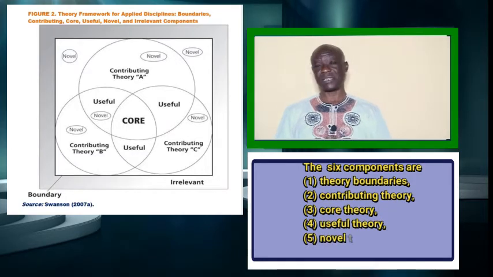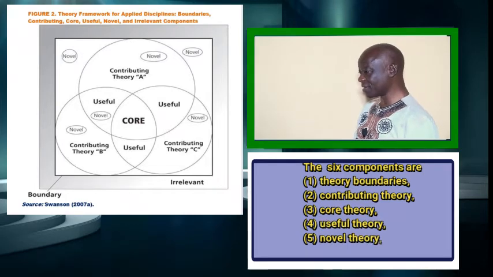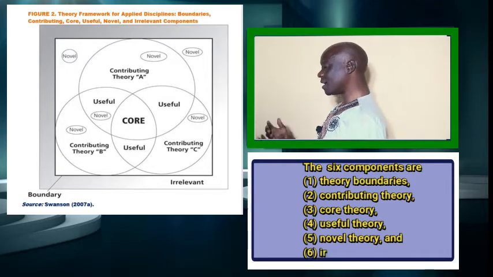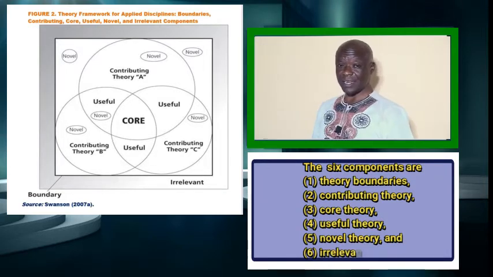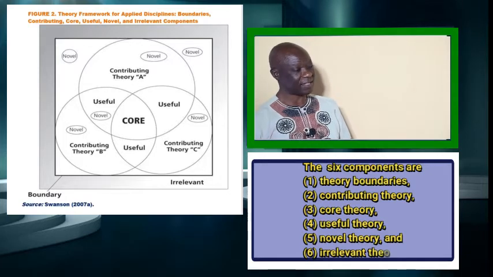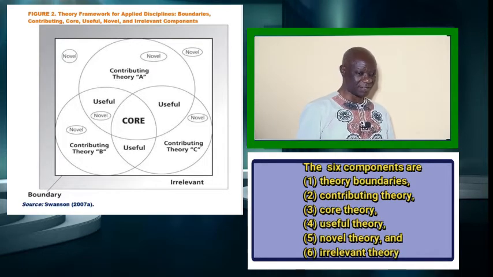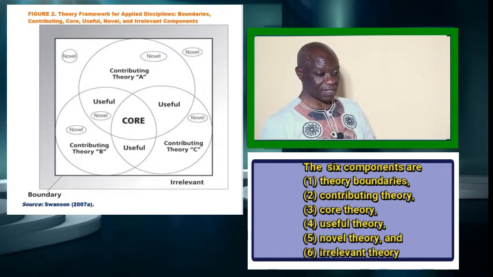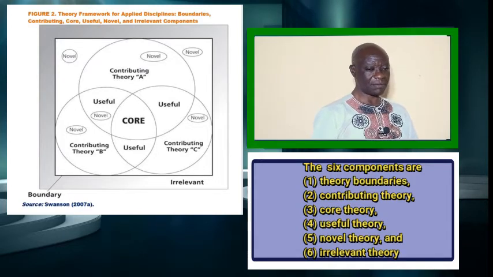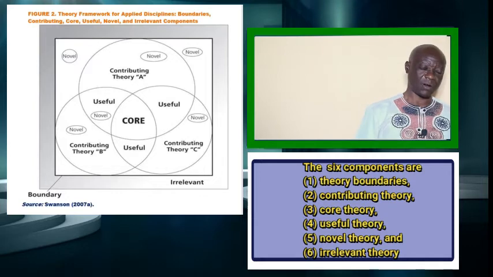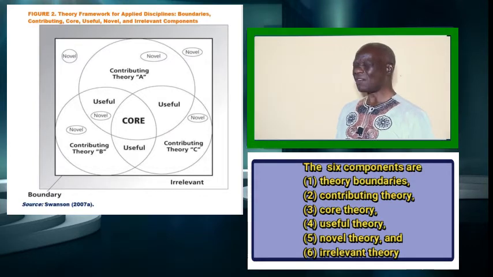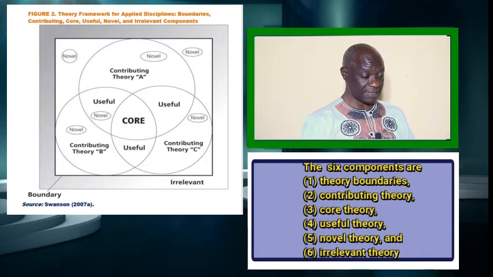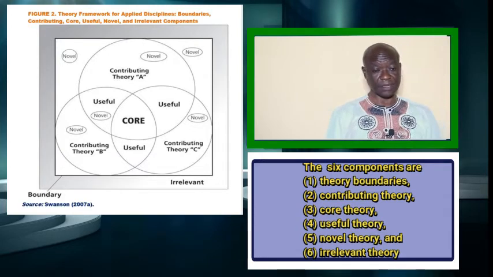Now, in the diagram, you can see what we call theory boundaries. In the diagram, you can see contributing theory. In the diagram, you can see core theory. In the diagram, you can also see useful theory. In the diagram, you can also see novel theory. In the diagram, you can also see irrelevant theory, ladies and gentlemen, right? And this diagram, this figure is very important because we need to understand how these things really work in practice, right? So we shall be looking at these things one by one, as you can see, and we shall start with the boundary,